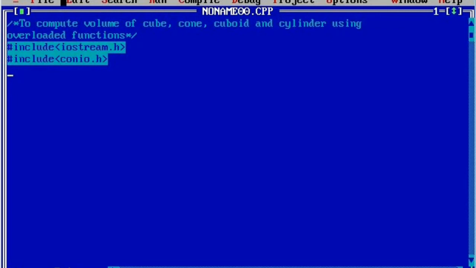Now let us write the class definition with the keyword class and name it fun overload, curly open brace, and here we use the public member access specifier. Then we define the function name as volume, and inside the round braces I am going to pass one argument, curly open brace.